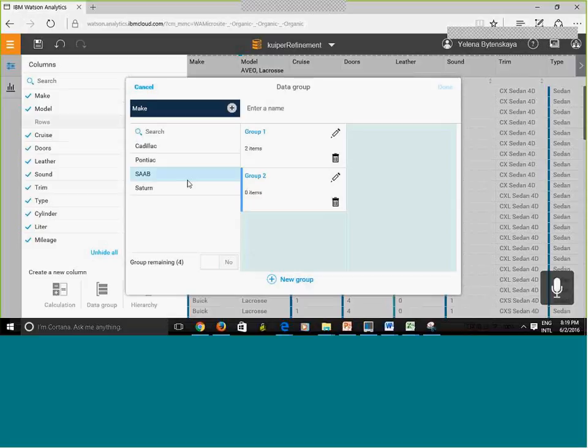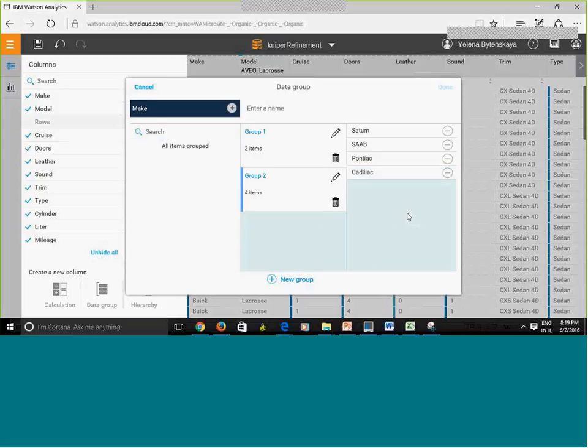And now I can just drag and drop the rest of my values. The reason it is useful is sometimes you want to calculate the averages per group, for instance, the average price per group of the cars.